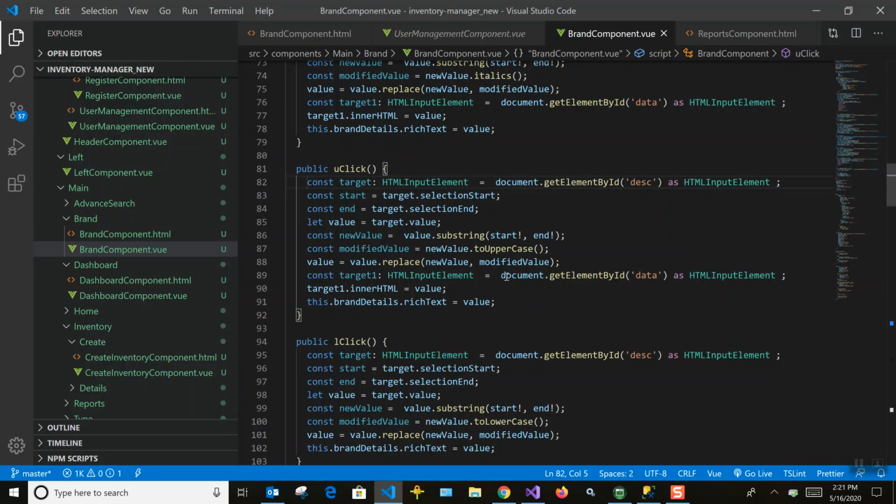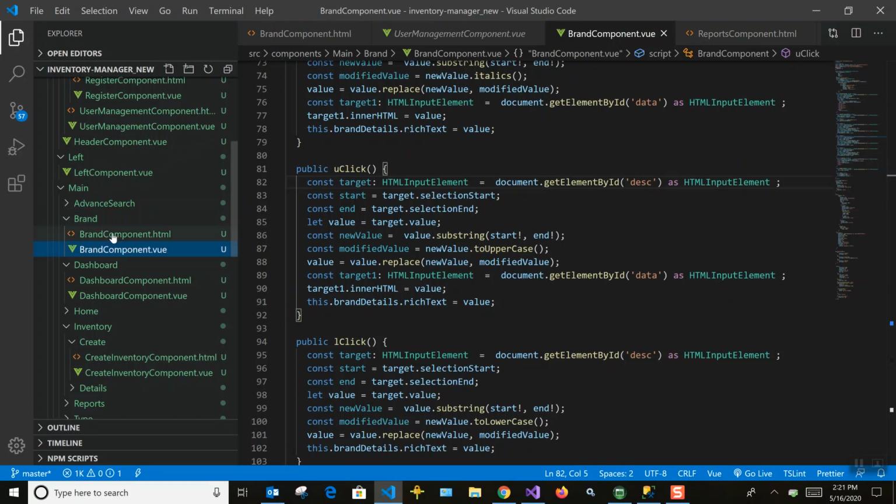When the user clicks on that particular uppercase icon, we will select all the items in the text area using its ID, like normal JavaScript, document.getElementById, based on that description.